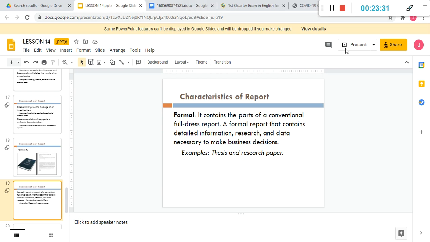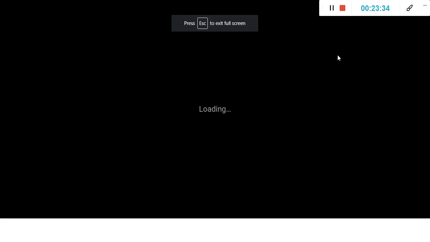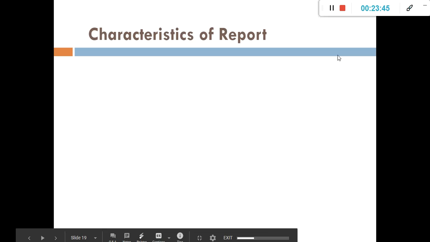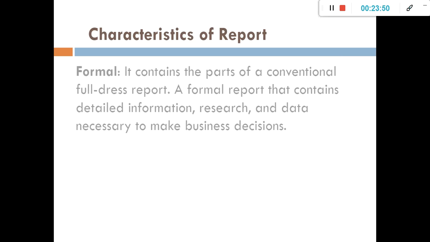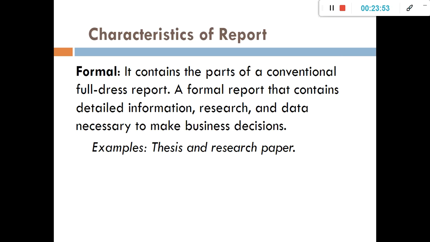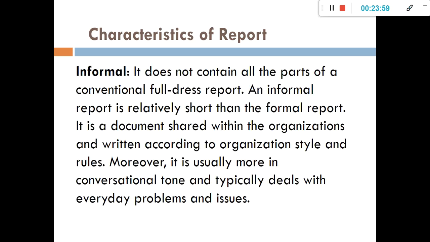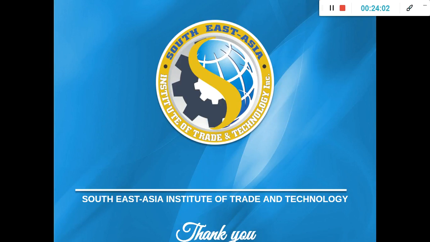So, it should have five parts. When it's informal, it doesn't necessarily need to have those entire parts. So, that's the difference of the two, okay? That's the difference between a formal and informal report. So, when it's an informal report, it could be a letter form report. It could also be a printed form report. So, that is a characteristic of a report or classification of a report according to your formality. Okay, so those are the different classifications or characteristics of a report according to different items or different purposes.